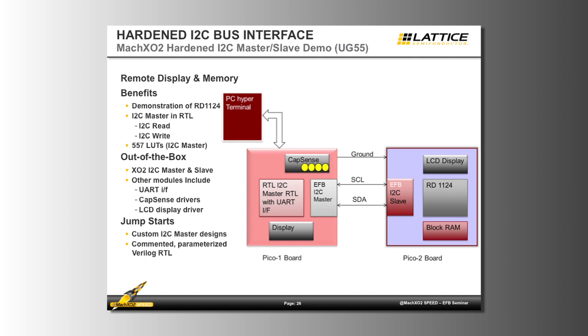The first of the demo designs used in the I2C User's Guide, UG55, uses a remote display and memory to illustrate the workings of the bus. It allows the designer to control both ends of the I2C interface. The software design files contain a UART, a CapSense, and LCD interfaces, as well as customizable aspects of the I2C